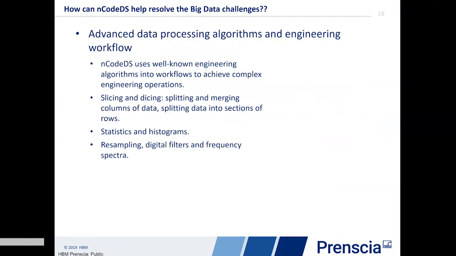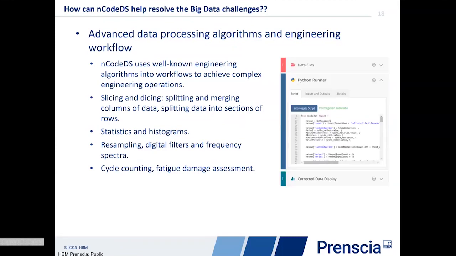This contains filtering, and we can compute frequency spectra. For those of you who are more into durability, we've got cycle counting, rainflow counting in other words, and fatigue damage assessments, online fatigue damage assessments, for instance. So all this within an app, and the way it's actually built is, again, using Python, right?